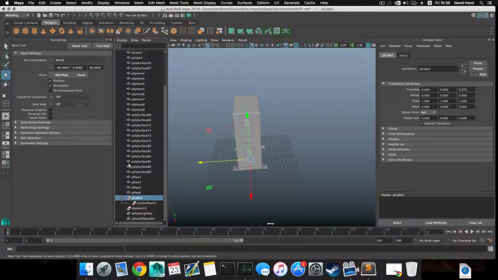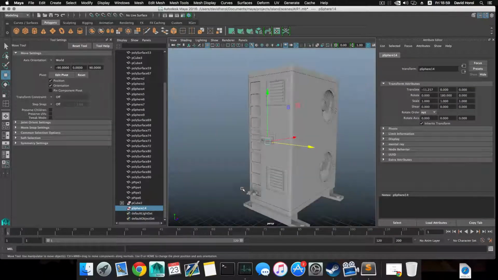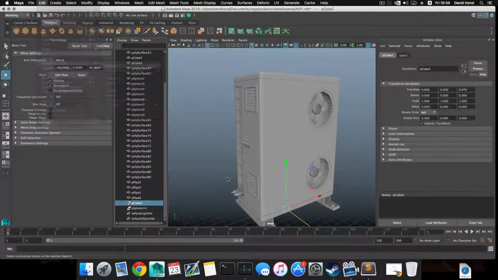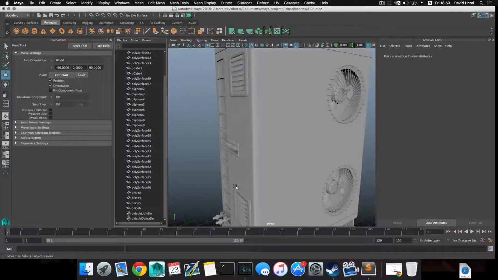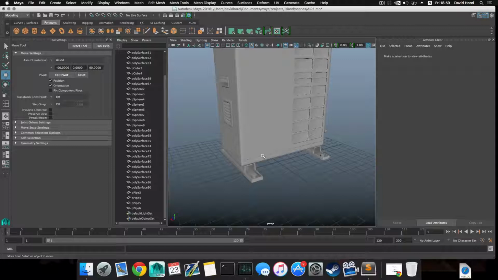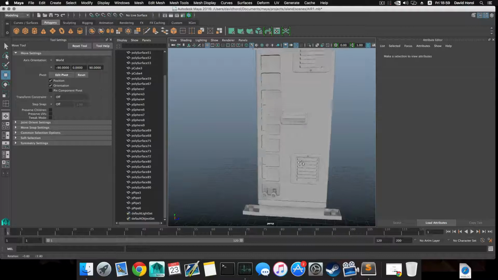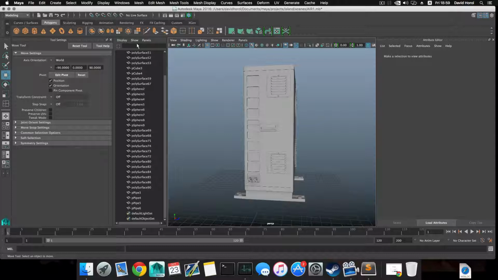Just to be more on the safe side, you know, this group is selected and this one also selected, which right now you like, what the hell is going on here, right? So you want to grab them and do edit delete by type history. You want to grab this as well, so no history will be connected to this, and then you can simply grab both of them and press delete. Check yourself before you save the file again. Check that you have all the necessary stuff here. If it's good, then save this once more,